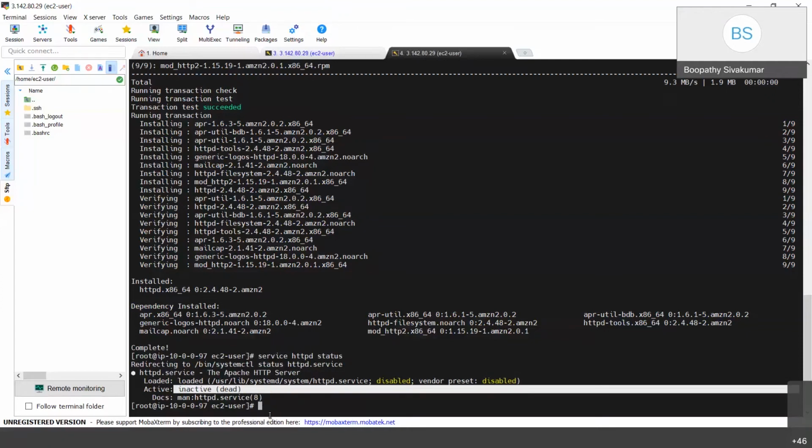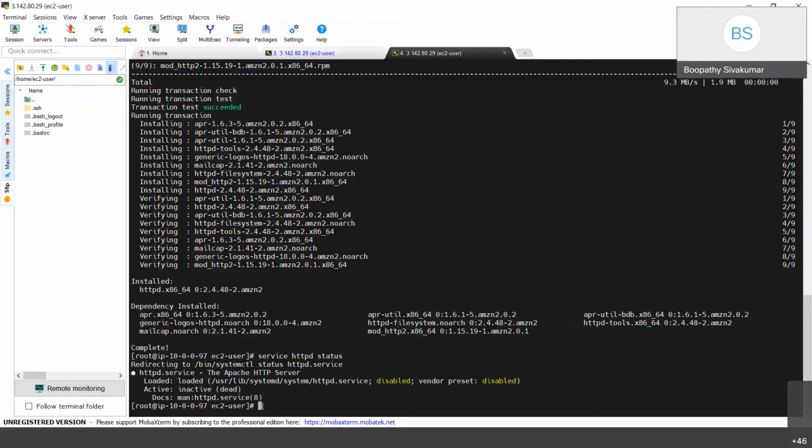Okay, so can you give an up arrow from your keyboard? Remove the status and give start.